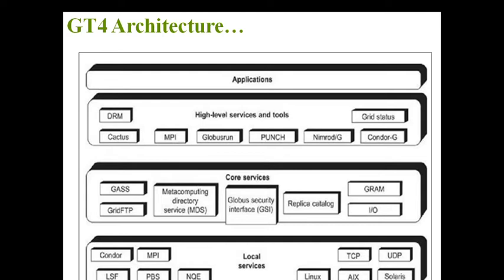So the next services are local services. Local services means there is no intervention by the user. But whenever there is a need of connectivity, whenever there is an interfacing, or whenever there is an OS contribution or any accessing, then automatically it will perform these services. Okay, so these are nothing but the local services. I repeat, the grid architecture contains how many types of services? 3 types of services in terms of 3 layers. One is the high level services, core services, local services. So we have to learn about this middle one only, the core services.